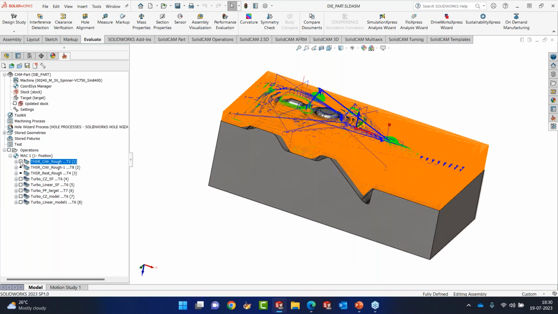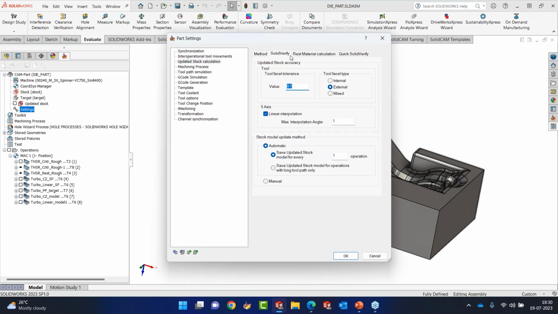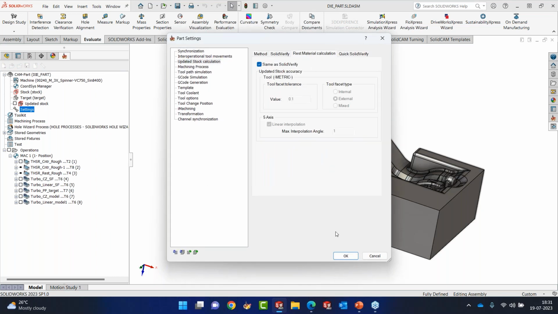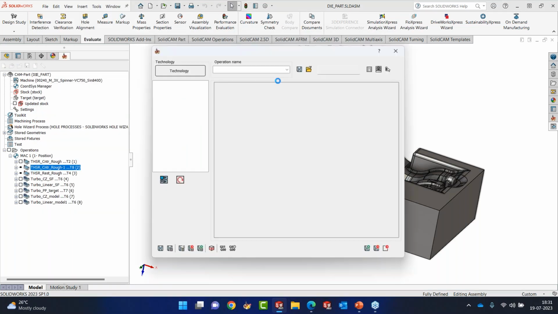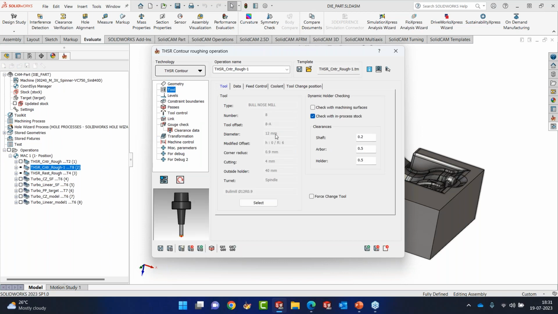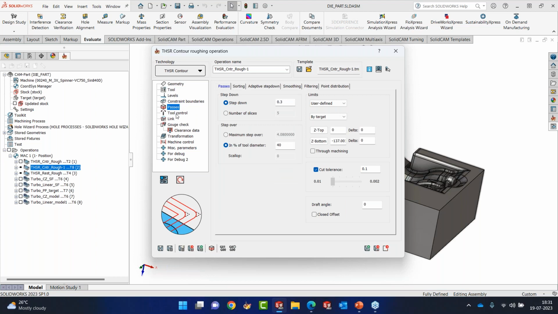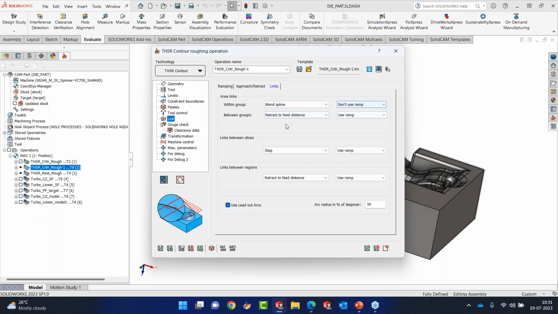Okay, let's check the settings, please. Updated stock, first machining. Okay. So next is the rest roughing that we have here. We are using diameter 12, corner radius 0.9. Again, this is the high feed bullnose tool. Okay, don't use ramp. You can use ramp. Okay, let's save it